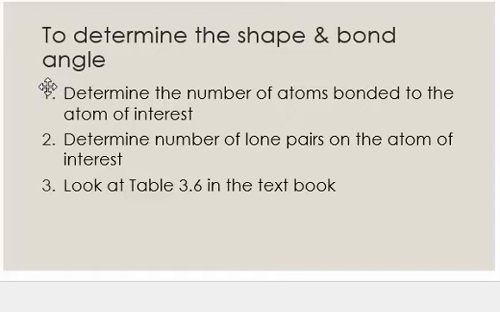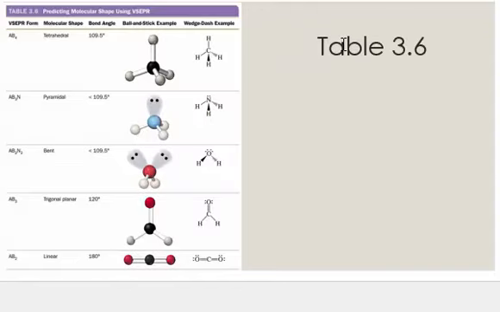bonded to the atom of interest. Next, determine the number of lone pairs on the atom of interest. And 3, look at Table 3.6 in the textbook. Here is Table 3.6 on this slide, and we can see that if there is an atom of interest that